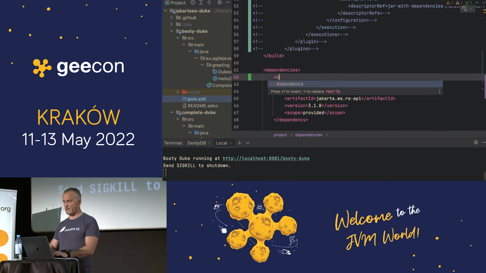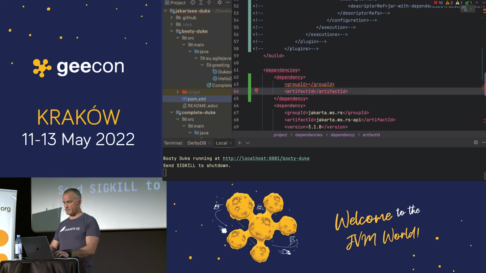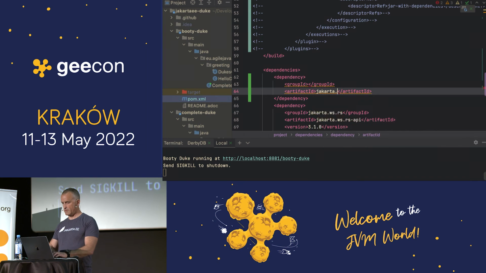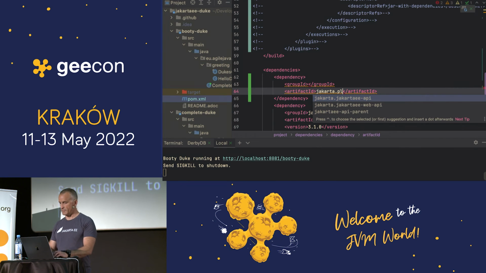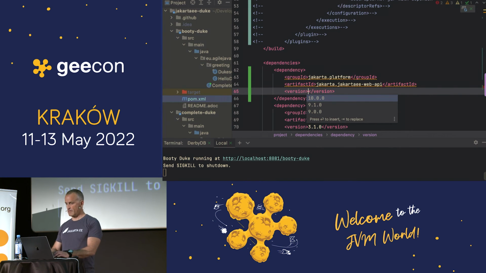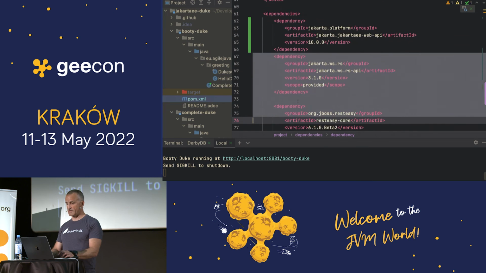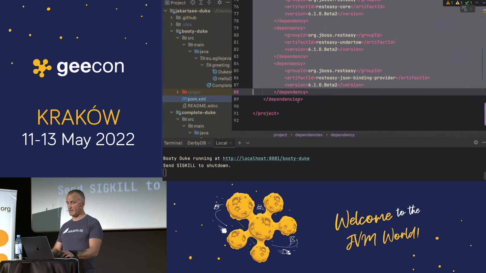I'll add a Jakarta platform web API, and I'll use 10 here, and then I can take all these other dependencies out. Because then I have an implementation and I don't need RESTEasy or anything.